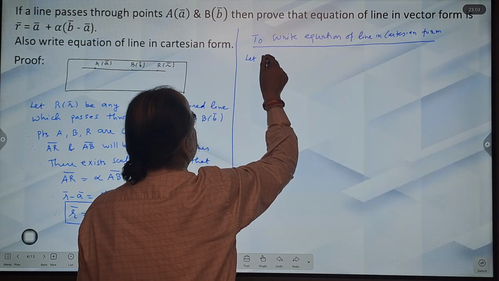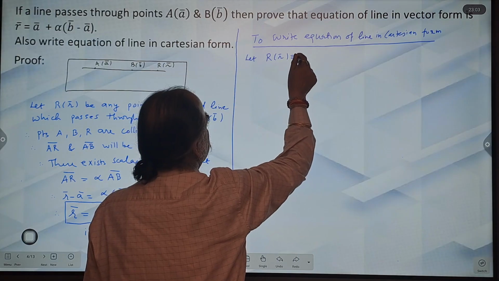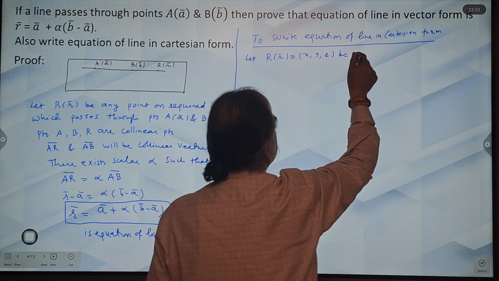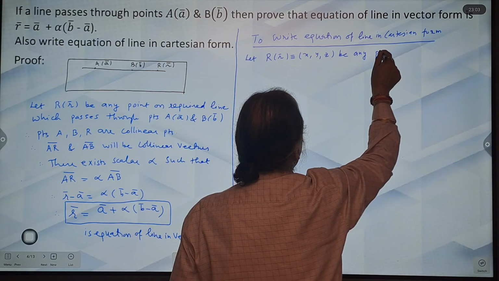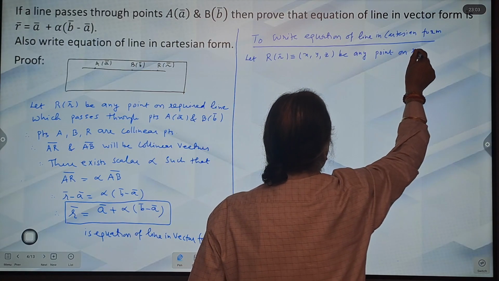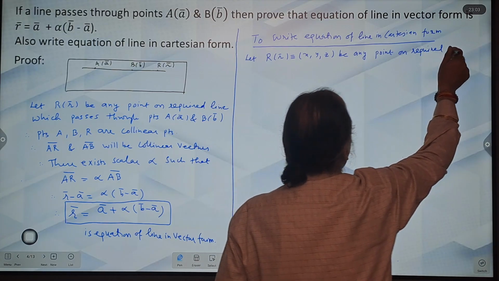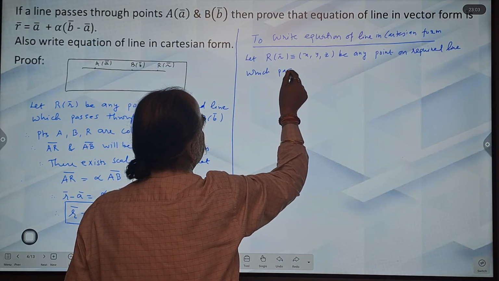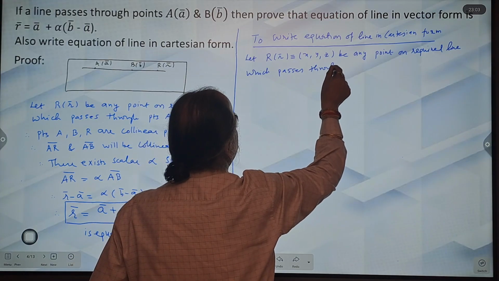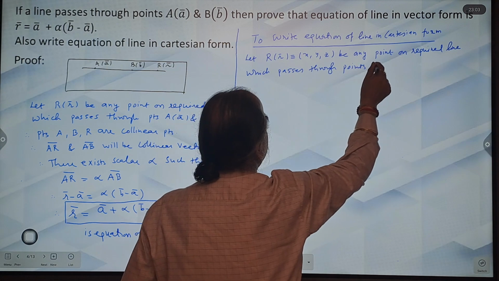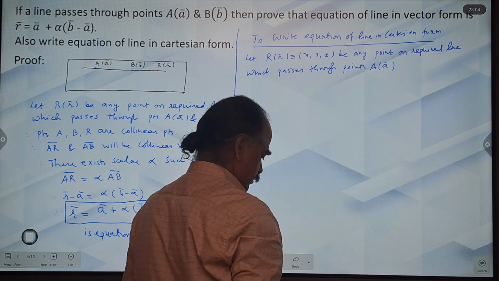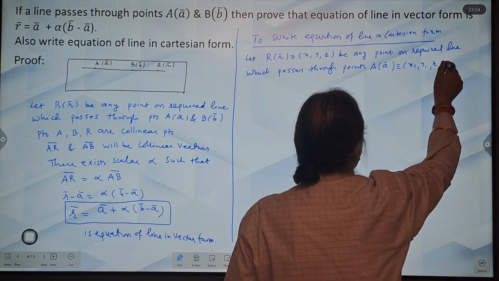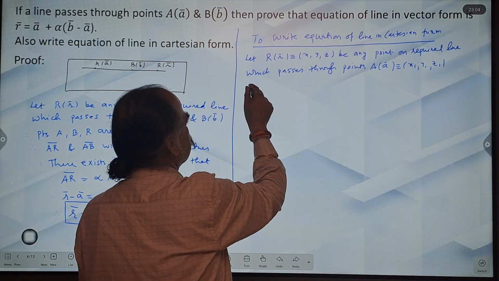Let R bar corresponds to x, y, z be any point on the required line which passes through points capital A bar corresponds to x1, y1, z1, and capital B corresponds to